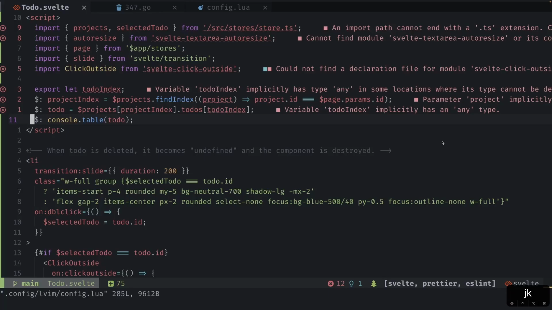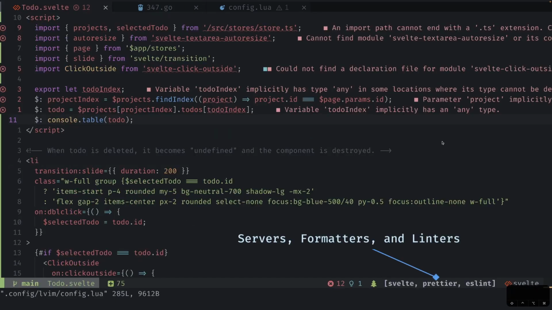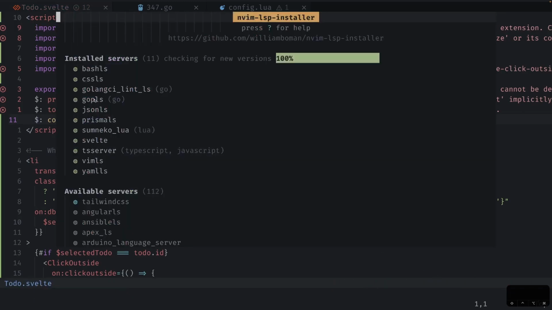When you're working in LunarVim, sometimes you install servers that require specific overrides. For example, I'm in a Svelte file and I'm also in a Go file. You'll see that I have specific LSPs and linters attached, but they're not actually attaching to the buffer, they're just installed. I have Golang CI Lint LS installed, Go PLS installed, Svelte installed, as well as ESLint installed, which doesn't